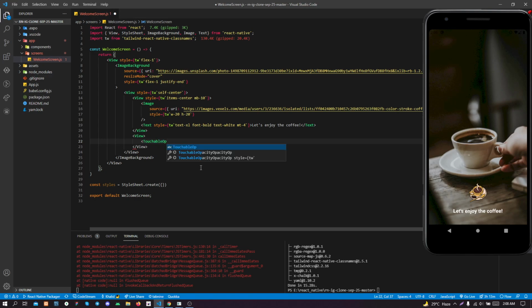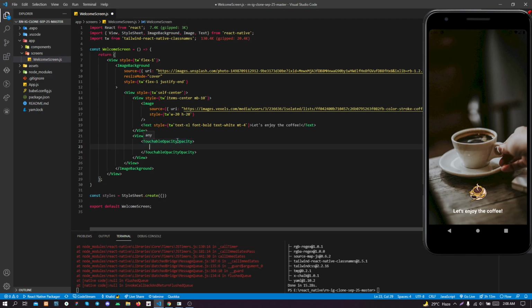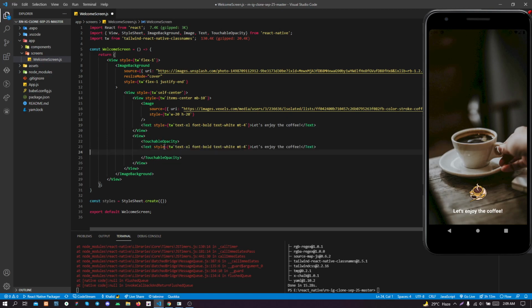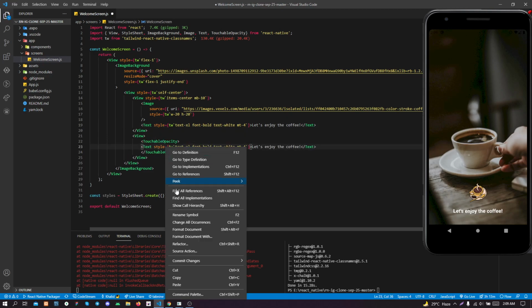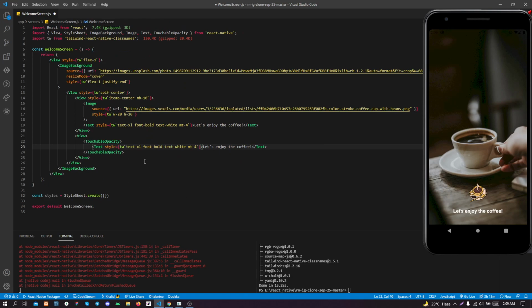Touchable opacity. Okay, this component, touchable opacity, I don't know what they're doing with it. Touchable opacity, let's import that. So, touchable opacity, nothing here. So we need a text. So let's put the text over here and let's name it